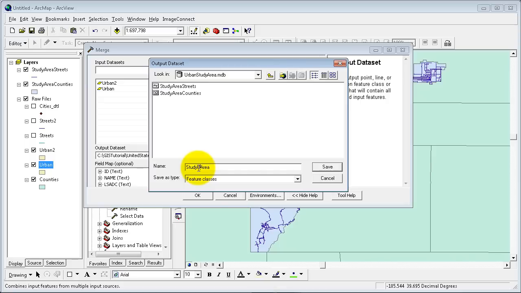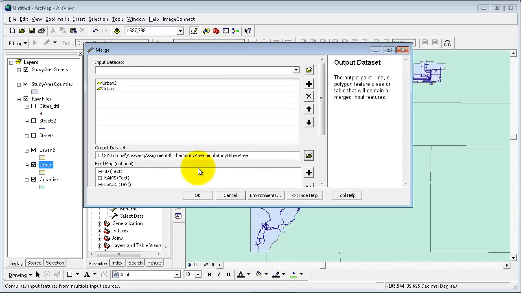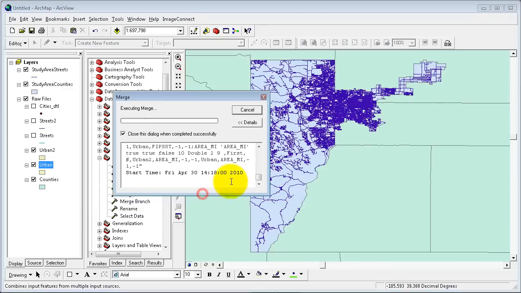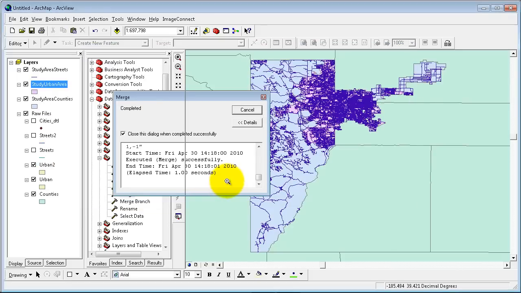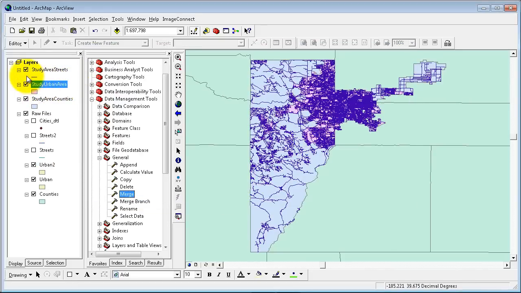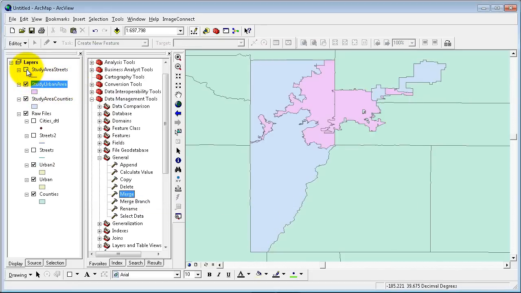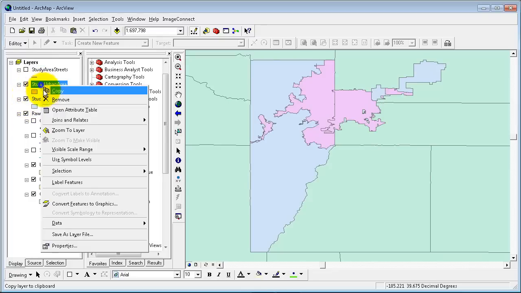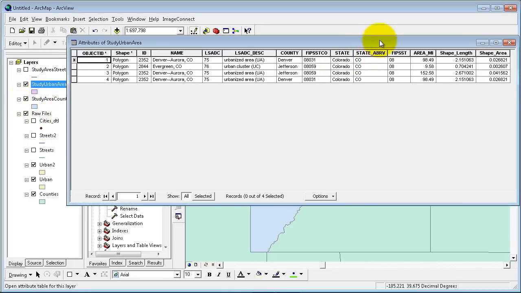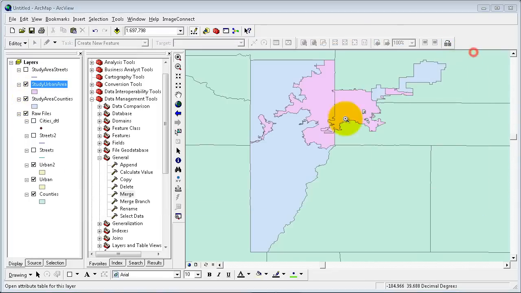Study urban area. So once that is there, I'm going to click on OK. Now it's going to create one new study area called urban areas. It's going to be one file now, and the next step is to actually extract the streets for these